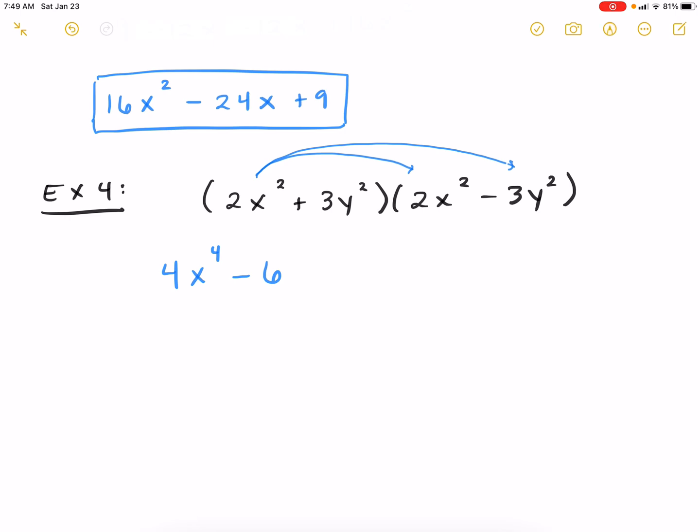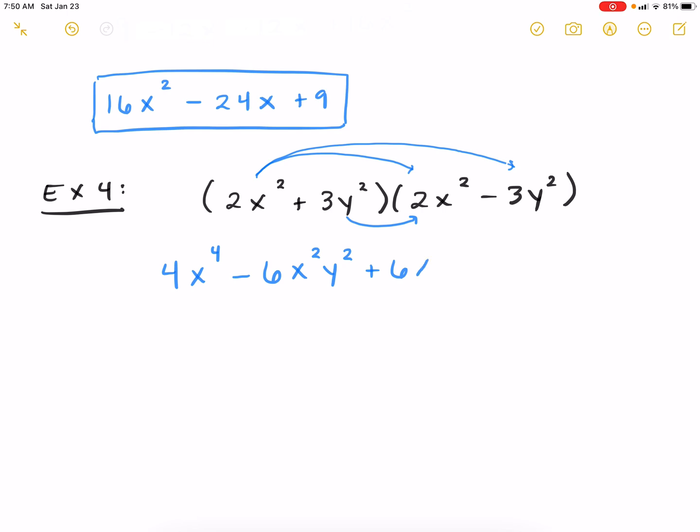Now when we take an x squared times a y squared, all we can really do is just condense it and multiply it, make it x squared y squared. So we just kind of smush that term together there. Now let's multiply the 3y squared times the 2x squared. And so what we're going to get is a 6 again, and then we're going to get y squared times